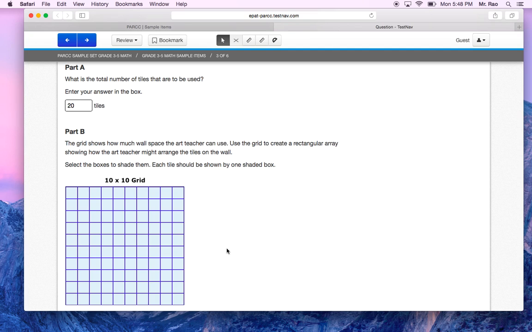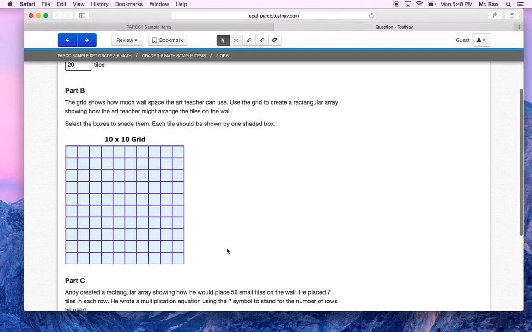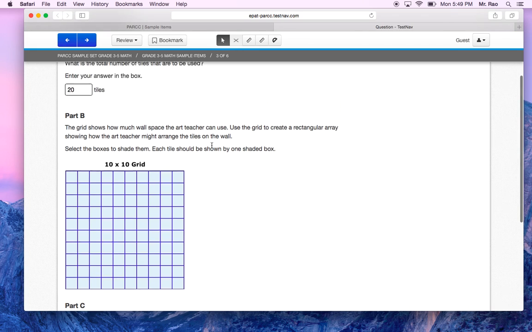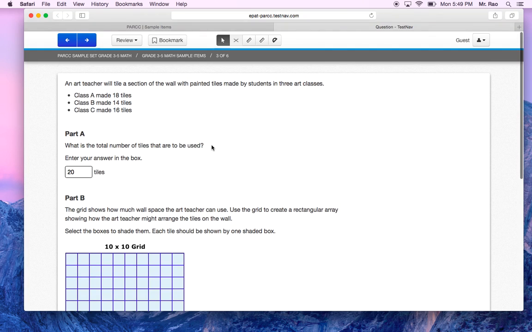Now, part B is a new type of question. The grid shows how much wall space the art teacher can use. Use the grid to create a rectangular array showing how the art teacher might arrange the tiles on the wall. Select the boxes to shade them. Each tile should be shown by one shaded box. So we have all the different tiles,